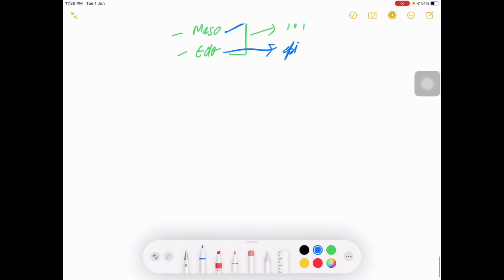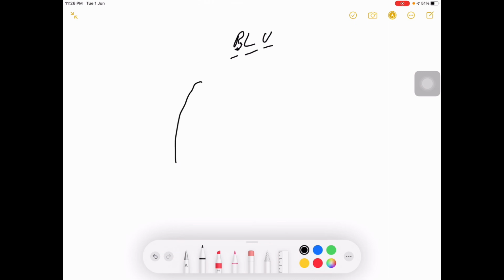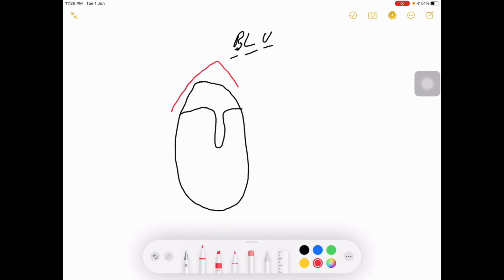Now you need to know how the middle ear looks in an intact tympanic membrane when you pull the EAC backwards and a little upwards. So for that I'll draw a diagram in order to explain you. This is basically an outer boundary that I have drawn. So this is your first ear ossicle, the malleus. The malleus is dividing into two parts, upper part and the lower part. Upper part has something like this. This is known as your notch of Rivinus.